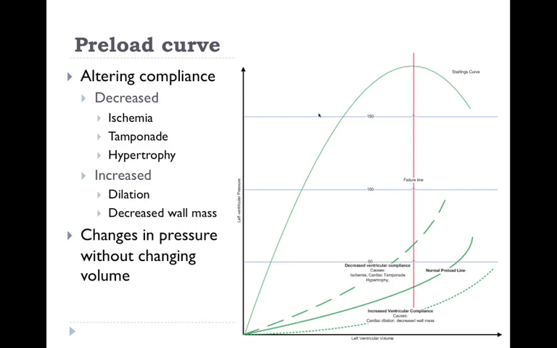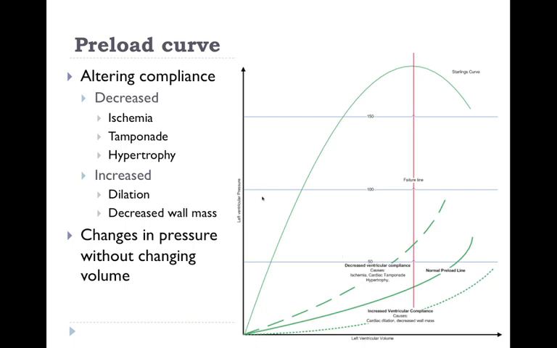The preload curve can be altered by several different situations. You can have either a decreased ventricular compliance or an increased ventricular compliance that will shift the preload curve up and down. When we talk later about valvular dysfunction, with eventual dilation due to chronic conditions like aortic insufficiency or chronic mitral regurgitation, we will note that the ventricle begins to dilate, and one of the things that you do see in almost all your drawings of valvular dysfunction is an increase in ventricular compliance, which means that the ventricle is able to accept more volume with very little change in